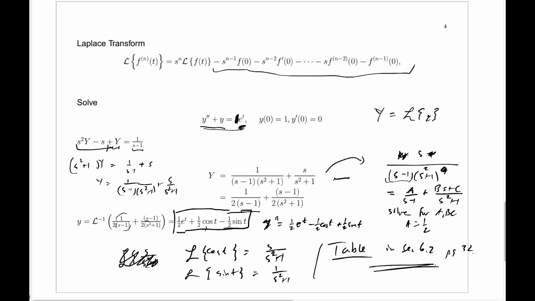So don't just try to memorize the table. And when I say don't try to memorize it, of course, the more you remember, the better. But instead, look at ones that we haven't computed yet. The more you compute those yourself, the easier it will be for you to both remember those and understand how to work with them. So I highly recommend you familiarize yourself with the table in that manner. Once you become familiar with computing Laplace transforms, you'll be able to recognize Laplace transforms and find inverse Laplace transforms, and then your work with Laplace transforms will become